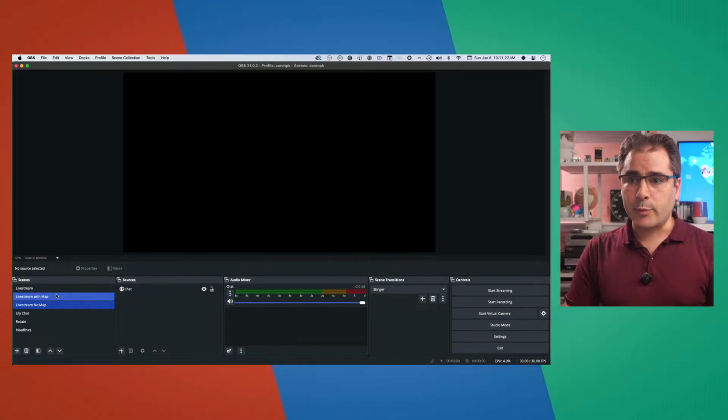But regardless of the software side, they're all going to essentially give you a web page out. So then you can bring that into OBS. That's how I do the map, where I bring it in as a web page. OBS is then outputting